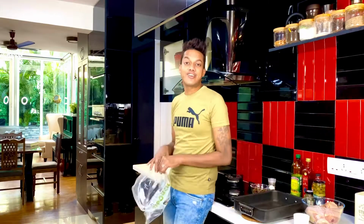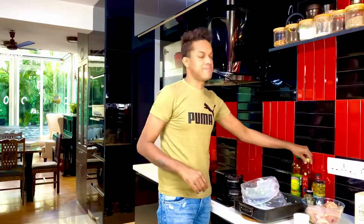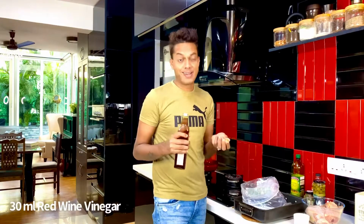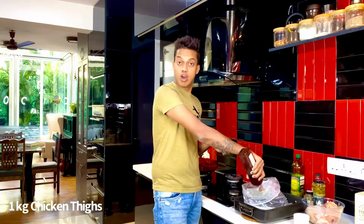Lazy cooking always requires one ingredient, and that's a Ziploc bag, just to marinate everything together and keep it on the side. Allow it to marinate anywhere between 2 hours to 4 hours. So to start off, into a Ziploc, I'm just going to pour some red wine vinegar, and I'm just random guessing. So about 30 mils of red wine vinegar going in,